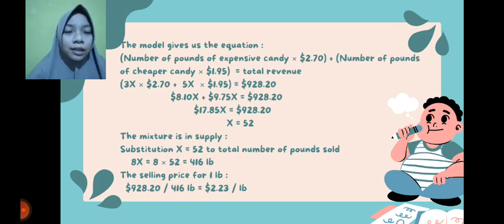We got $17.85x equals $928.20, and then we get x equals